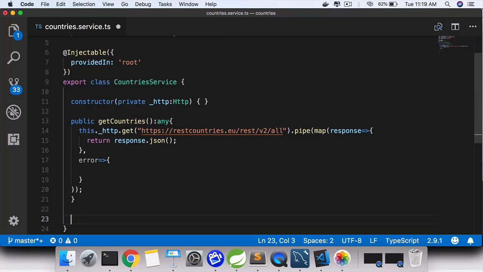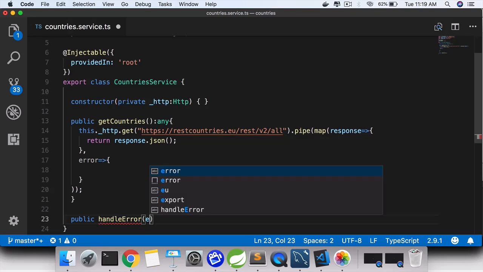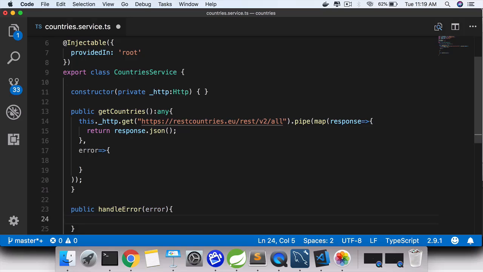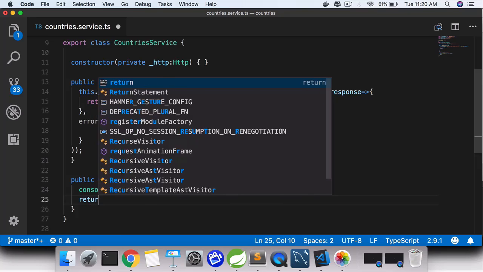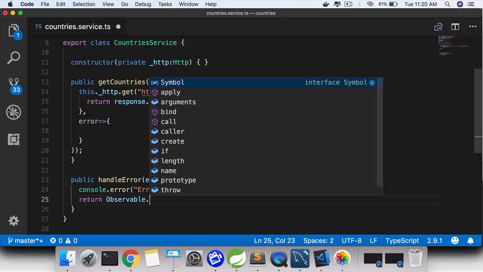So inside the service, public handleError is the method name, and it takes the error that comes back as a parameter. Within this, we'll do a console.error that will be shown in red on the console. Instead of console.log, we are using console.error. "Error is: " plus the error that is passed in. Then we will use the Observable and throw the error back. Return, this is important, return Observable.throw,